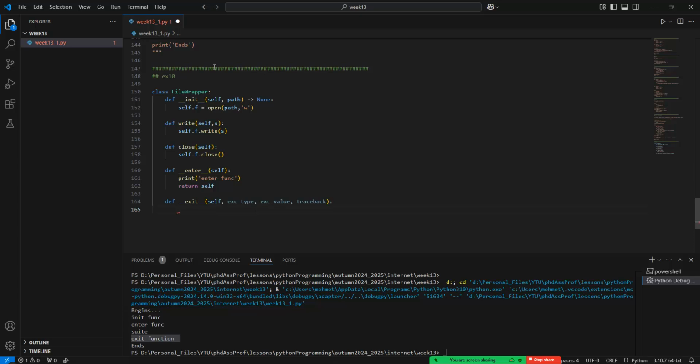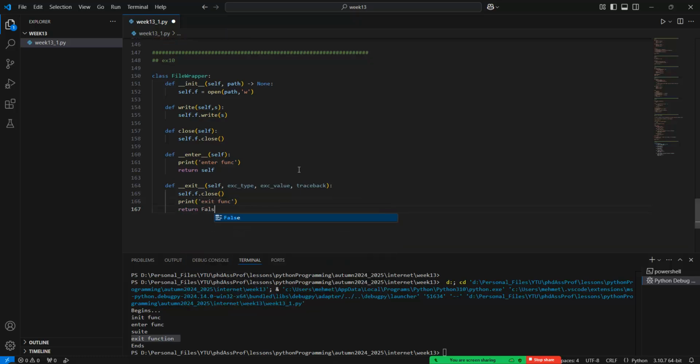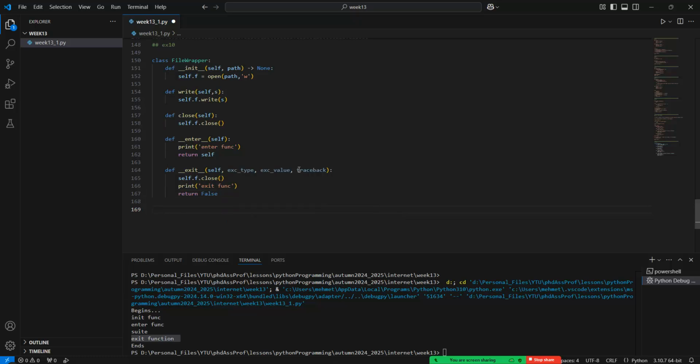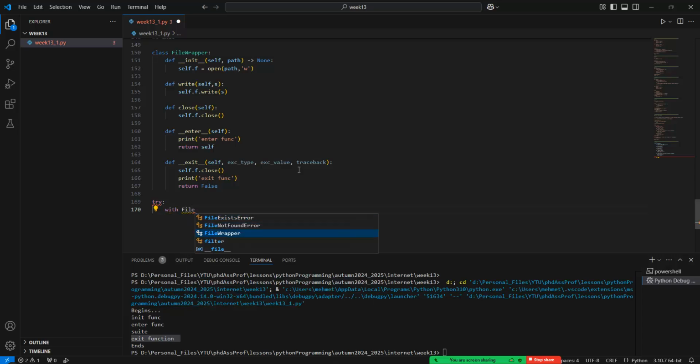Just see that in this case, in the init, we open this file, but we need to close it, and we want to close it automatically, and so self.f.close can be called right now, and so the print exit function is called, and so return False should be given in here, and so try with FileWrapper with the name of test.txt as f